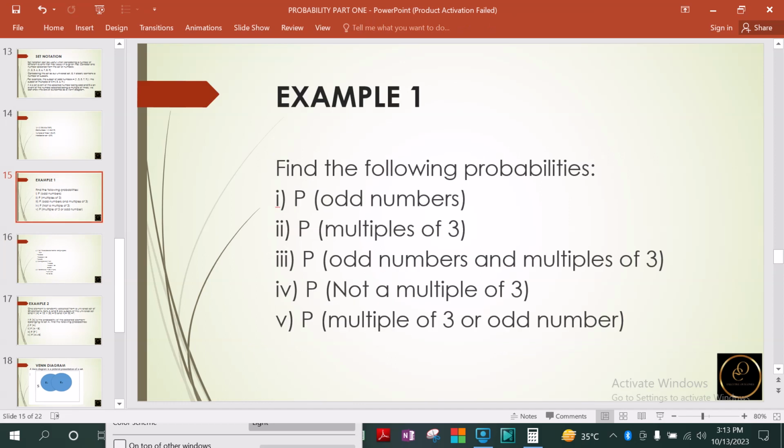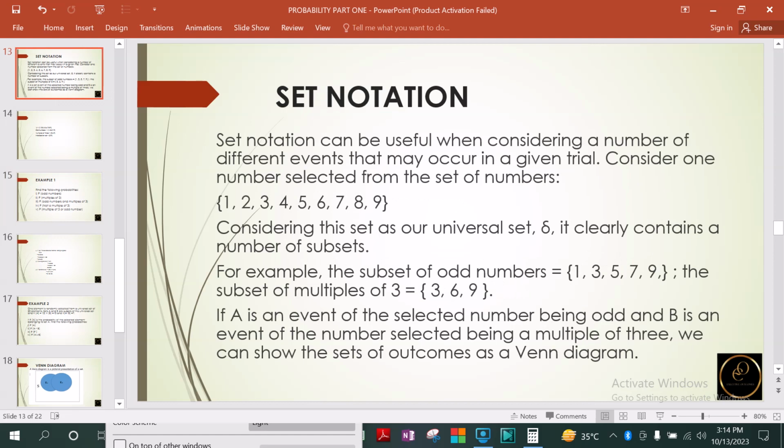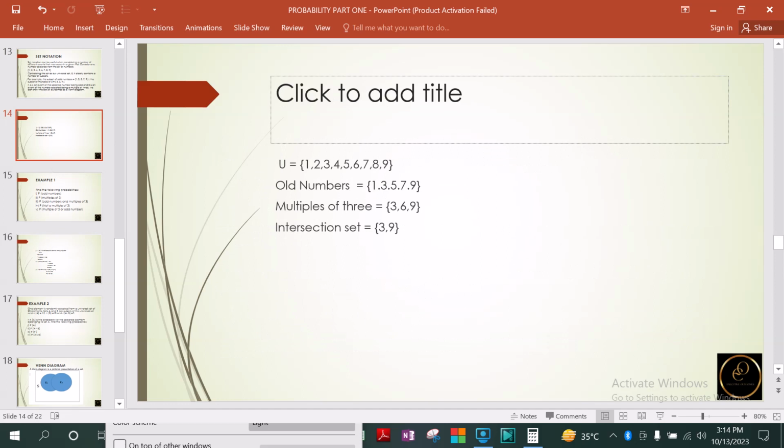The next one is the probability that the outcome is not a multiple of 3. So you have to find the cardinality of that. We get back to this particular arrangement. If you look at these two sets in our analysis, multiple of 3 and not a multiple of 3, it means that the rest, you are talking about